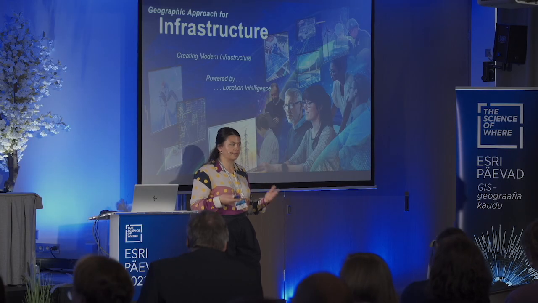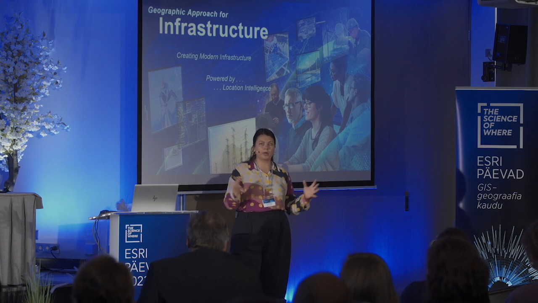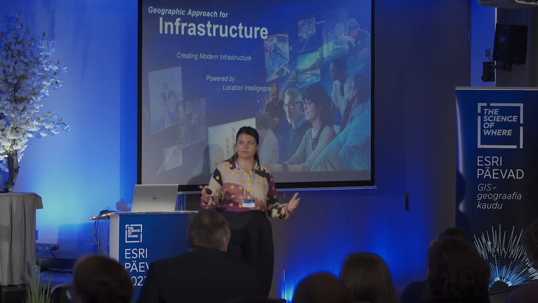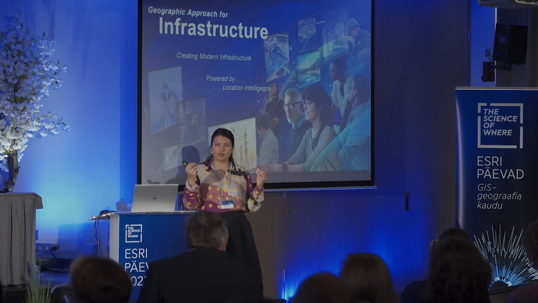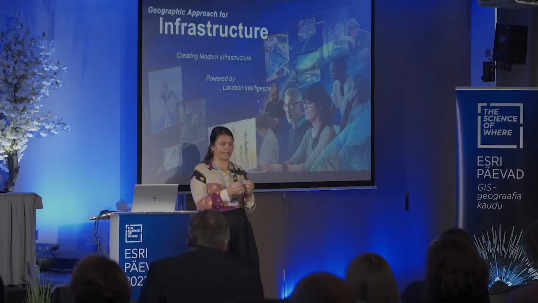Currently, infrastructure companies are undergoing a lot of digital transformation, and to be able to manage your organizations in the most efficient way, you need to start thinking about how to combine those different types of data and different types of systems with the geographic approach, with the common denominator of geography. So data and geography come together, helping you to create these modern infrastructure companies that are powered by location intelligence.